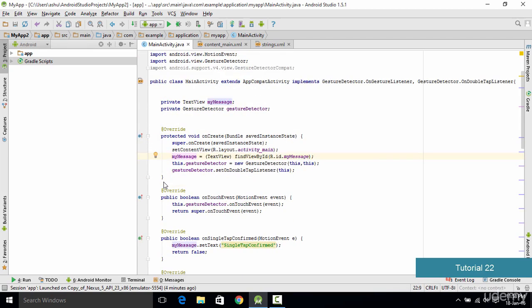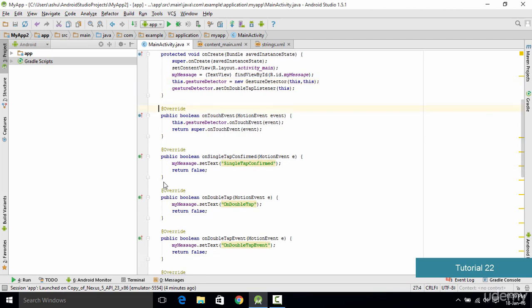We added this message to each and every method. And in the onCreate, the first thing we did was get a reference to our message so that we could change its text, and then we created the gesture detector. For creating the gesture detector we used the this keyword, which usually refers to the current object we are working on. If you have a basic understanding of Java, you will also know the significance of the this keyword. Then finally we added a double tap listener to the gesture detector,